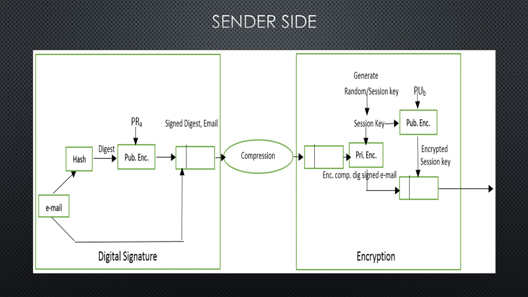We will encrypt the secret key with the public key of receiver. We will use RSA for this, and the inputs to it will be the public key of receiver and secret key. The outputs of public encryption and private encryptions are now appended and sent as the final message to receiver.